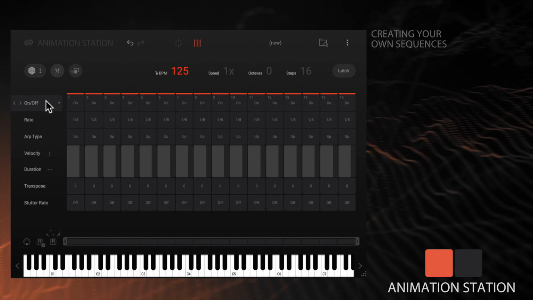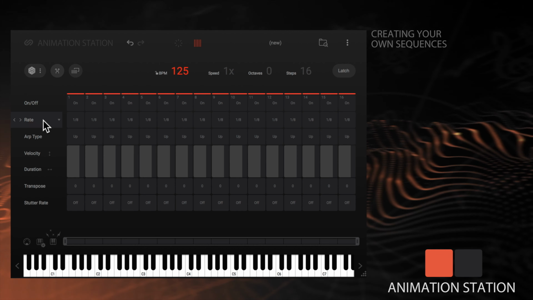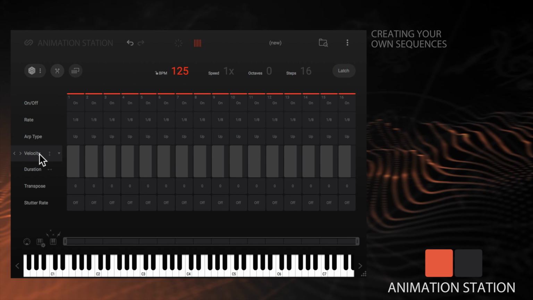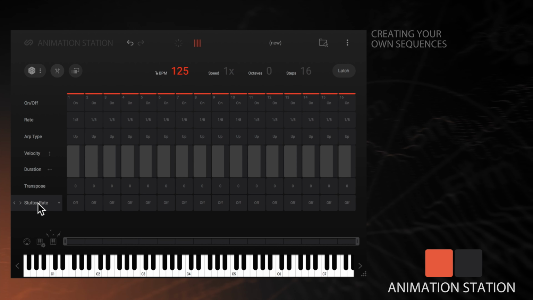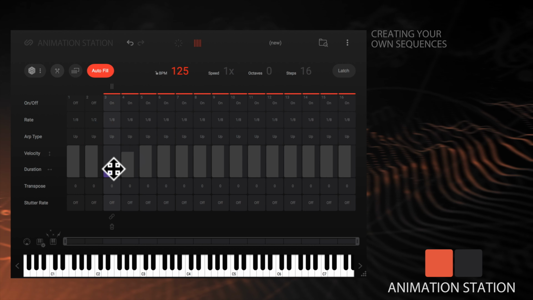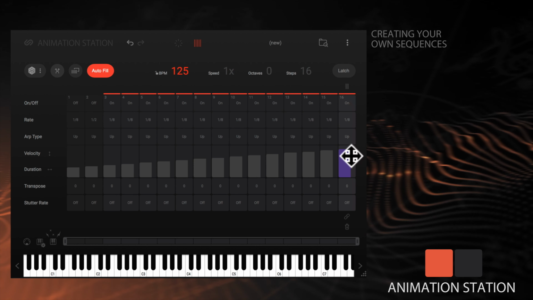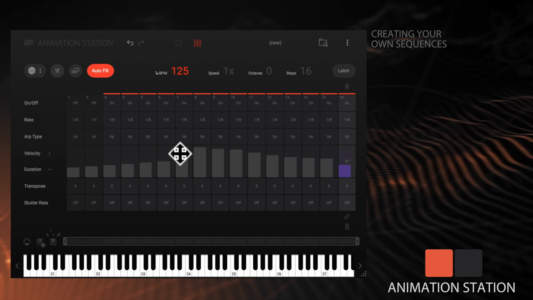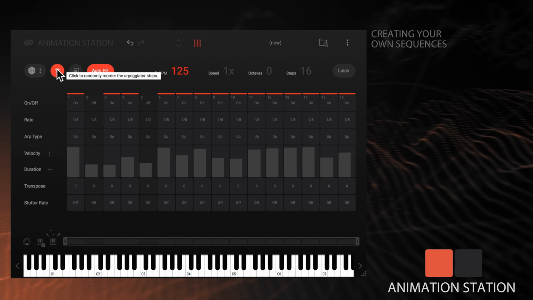Then down the side, each step has an option for being on or off, the length or rate of the step, arpeggio type, velocity and duration of the note, transpose value and stutter rate. You can edit each step individually, or there are some cool editing tricks as well. For example, right-click on a velocity slider to draw precise linear velocity values, or just click and drag for multiple changes. These two controls shuffle the steps